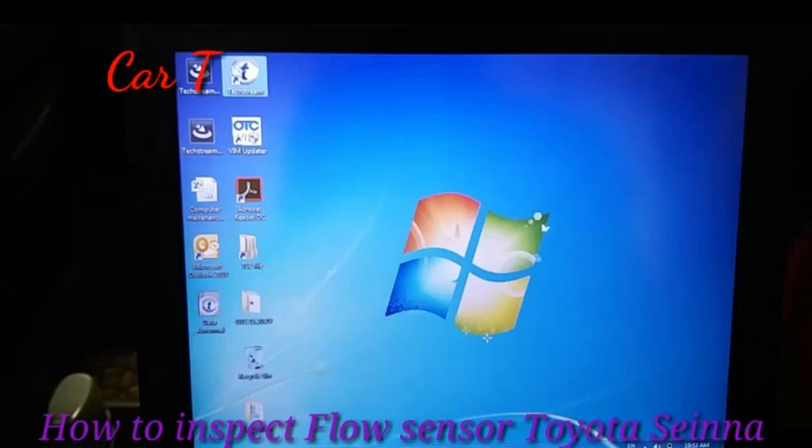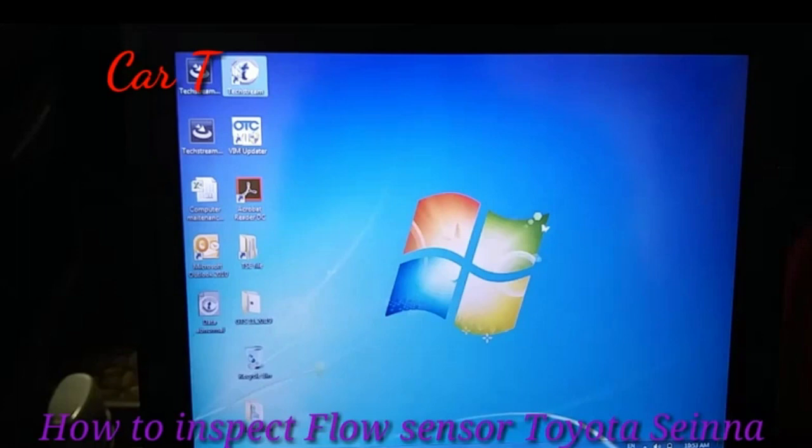In this video, you may learn how to check whether the flow sensor is normal or abnormal on the Toyota Sienna, but some models do not need to use a flow sensor.